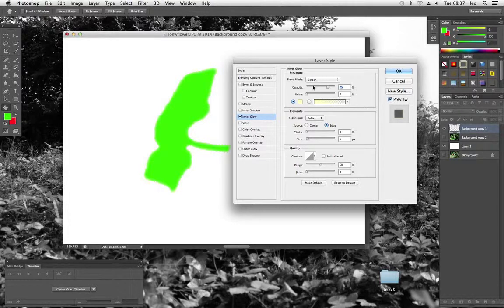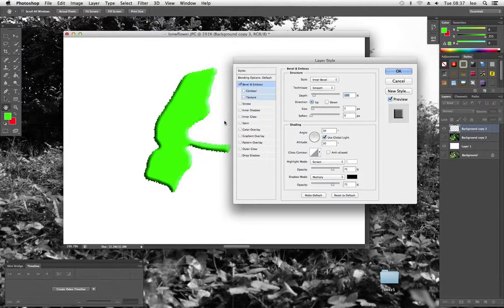So we have all sorts of lovely options here. This one's an inner glow. A particularly useful one is the bevel and emboss. We can go ahead and